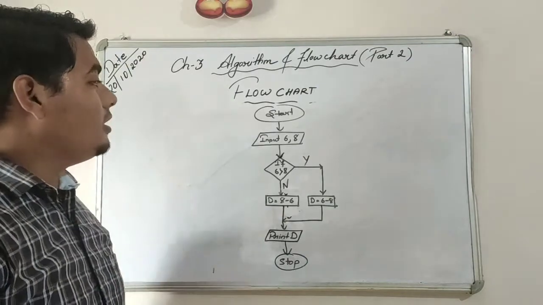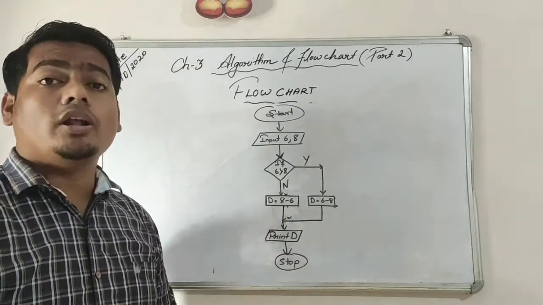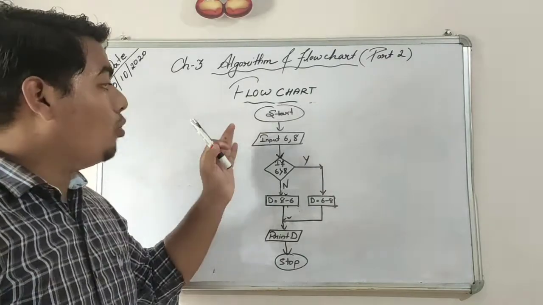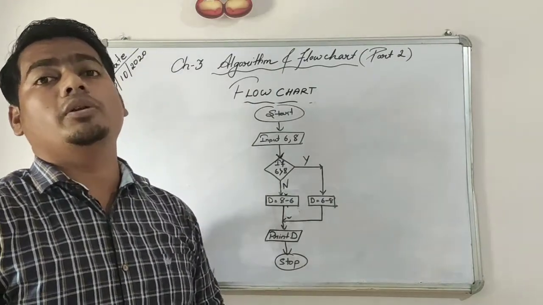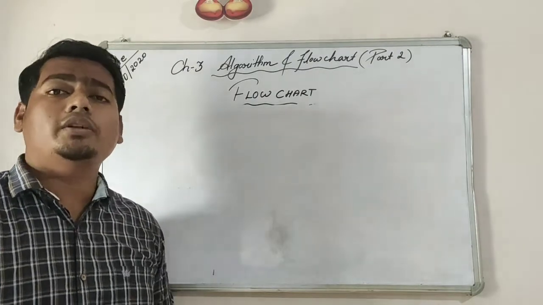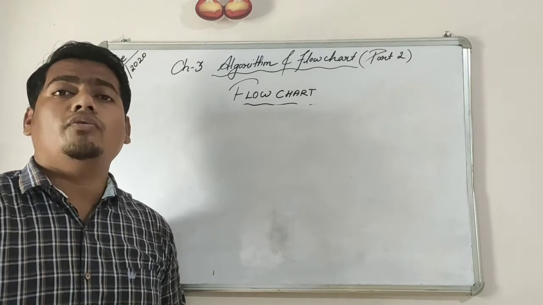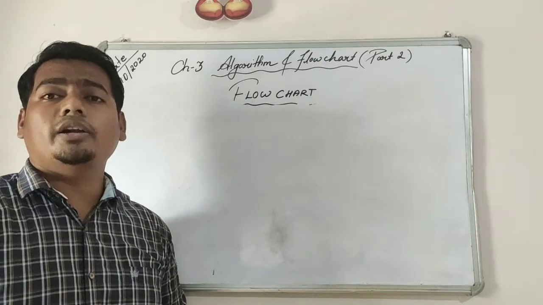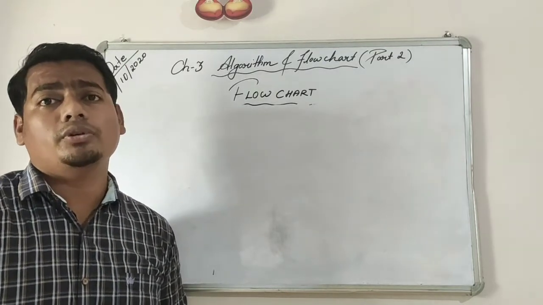To avoid all this, if for example a big, lengthy, complex or complicated logic is there and you want to continue on more pages, then you should always use a connector to show the connection between two parts. So many examples are given in your book. You have to understand, read and practice from your book, and if you have any doubt you can message me. And after reading that, write a minimum of 4 to 5 examples in your computer copy.